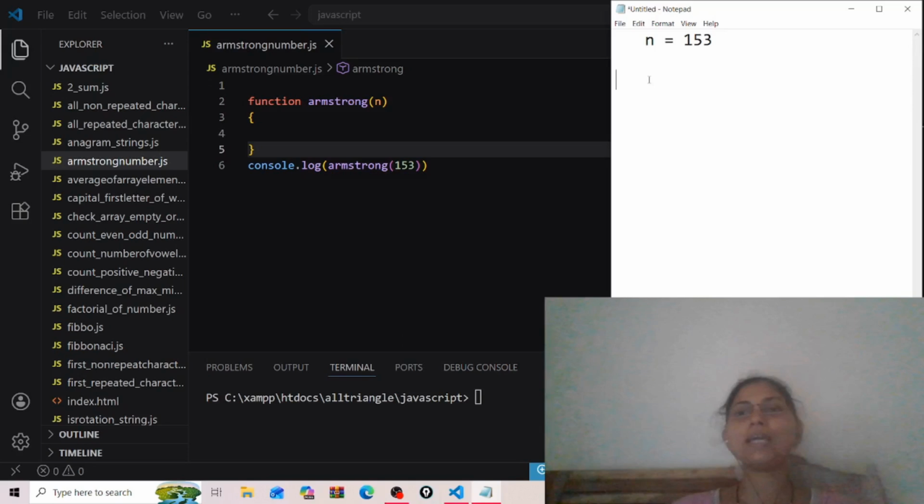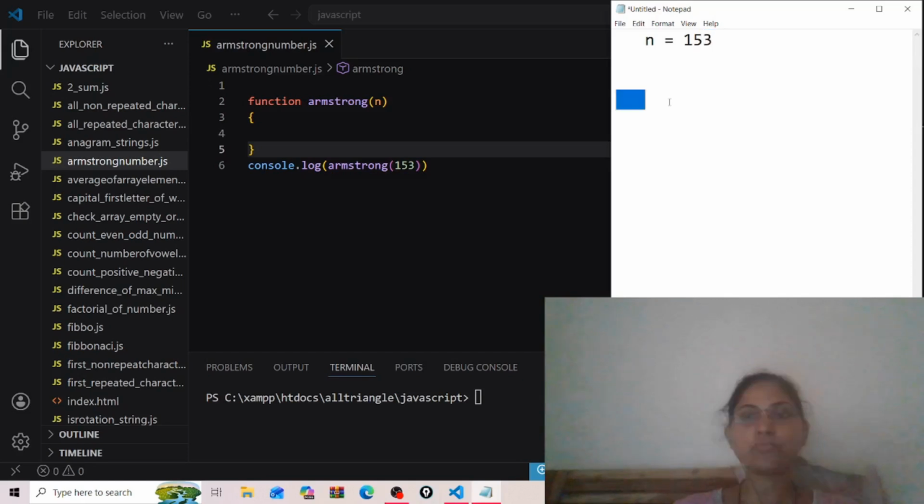So what is the exact meaning of an Armstrong number? First of all, I am showing you what an Armstrong number is. See, there is an input n equal to 153 and we have to show whether it is Armstrong or not. For that, first we have to take the last digit. See, n is 153, our complete number, but we want the last digit only.